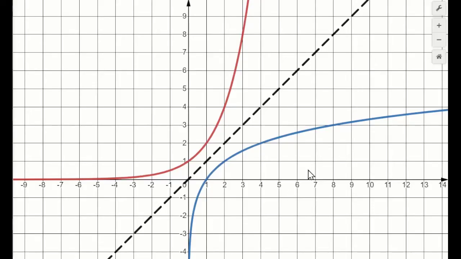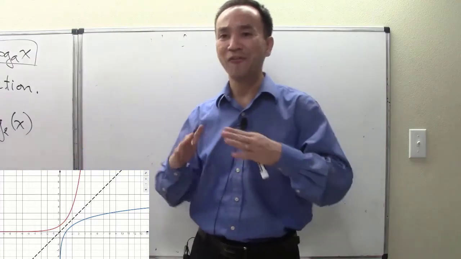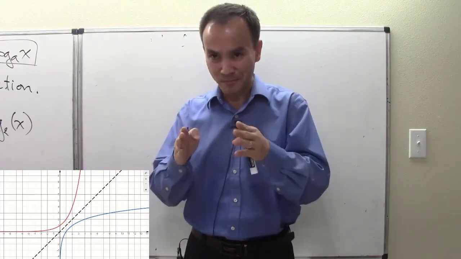Here it is again. Right now I have already announced that this is the graph for log base 2 of x. But in the geometric relationship between the blue and the red here, it looks like the blue curve is the mirror image of the red curve through the 45-degree line right here. And that is the reason why I can now formally announce that log base 2 of x, this